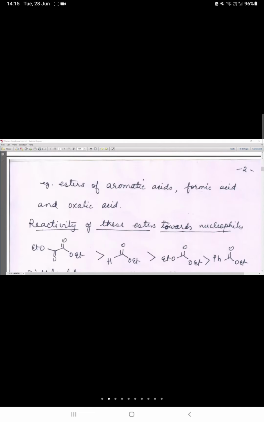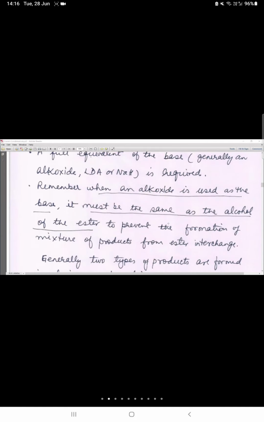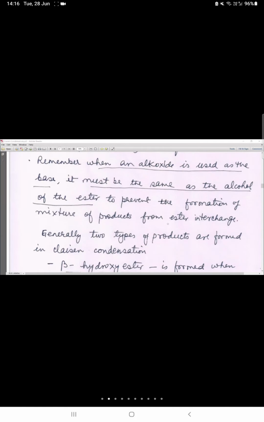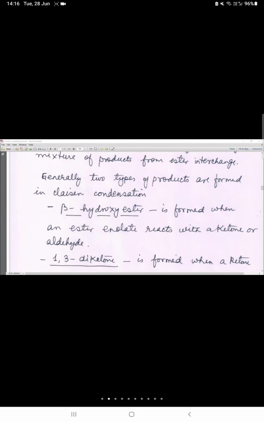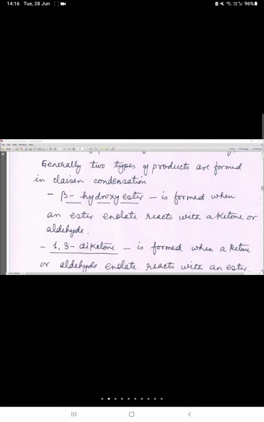कंडीशन थी कि अल्कोहल और एल्कोक्साइड लेना है, तो ये याद रखना है कि हम जो एल्कोक्साइड ले रहे हैं सेम अल्कोहल होना चाहिए, नहीं तो फिर इंटरचेंज होगा, मिक्सचर ऑफ प्रोडक्ट बनेंगे। मतलब अगर इथाइल अल्कोहल लिया है तो इथाइल एल्कोक्साइड होगा, मिथाइल लिया तो मिथाइल एल्कोक्साइड होगा, ठीक है, नहीं तो फिर डिफरेंट प्रोडक्ट बन जाएंगे। जनरली क्लेसन में दो तरह के प्रोडक्ट बनते हैं, एक होता है बीटा हाइड्रोक्सी एस्टर,